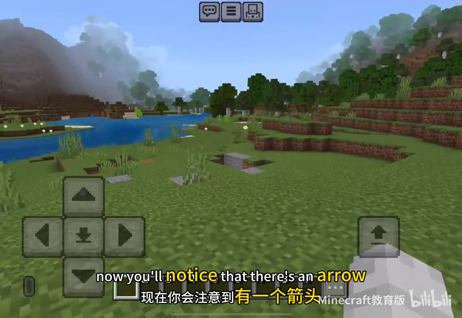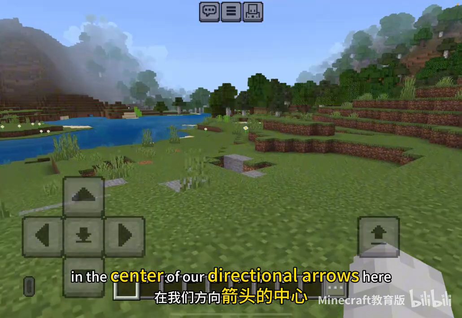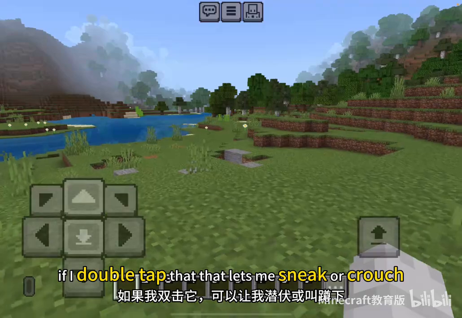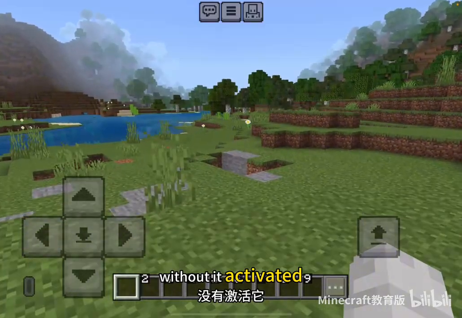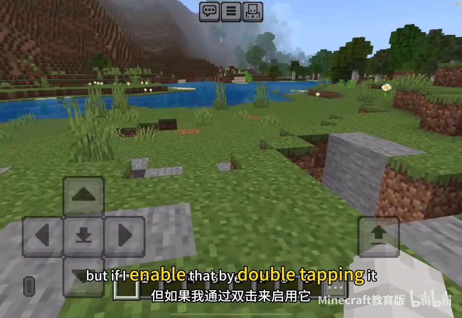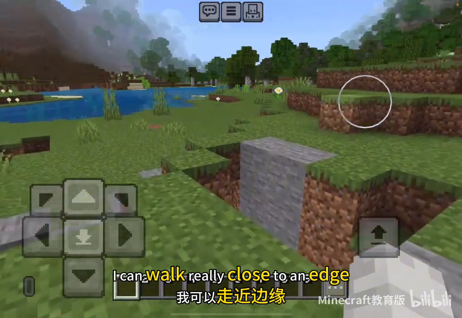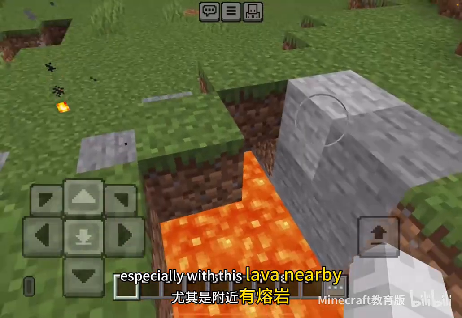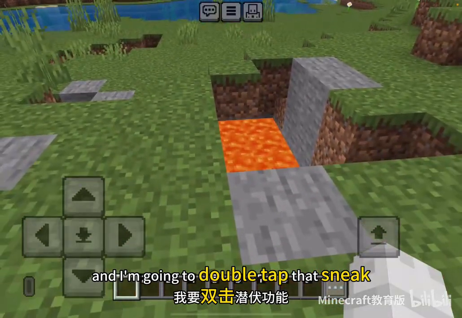Now, you'll notice that there's an arrow with a line below it in the center of our directional arrows here. If I double tap that, that lets me sneak or crouch. So as I walk without it activated, I would step off a cliff or the ledge here. But if I enable that by double tapping it, and I see that it's enabled there, I can walk really close to an edge, but I won't fall over, which is really helpful, especially with this lava nearby. So I'm going to back up just to be safe, and I'm going to double tap that sneak button so